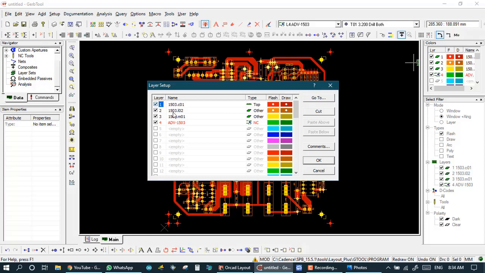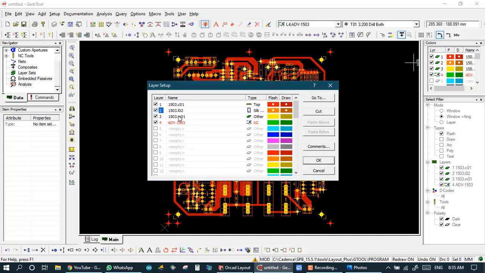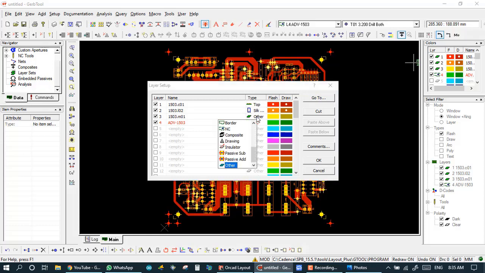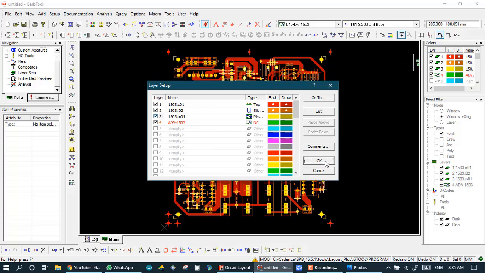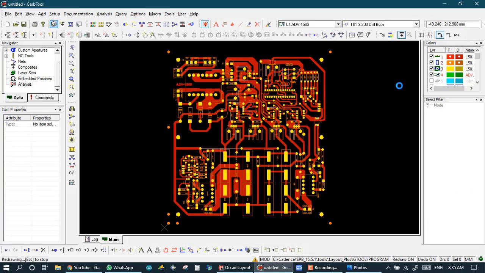This is the silk layer, L02, meaning silk bottom, so we set silk bottom. And the third is the mask layer, M01, so it's the top mask layer, so we set mask top. So here we define all layers.